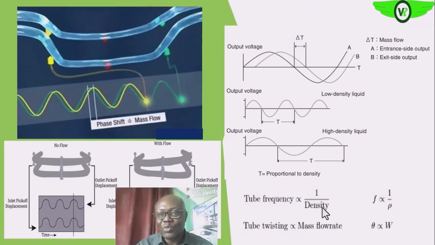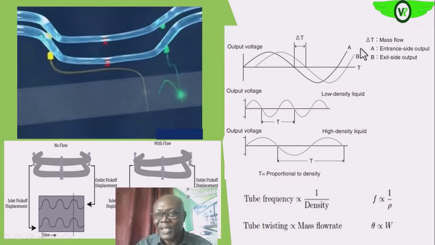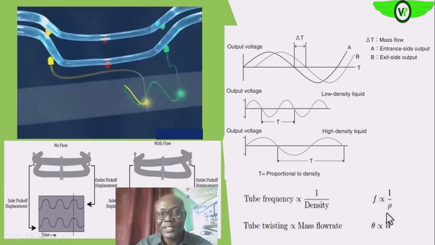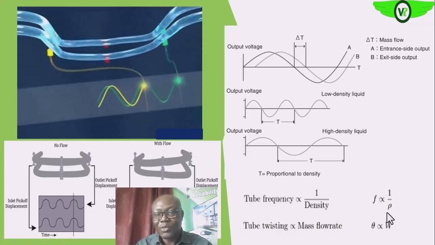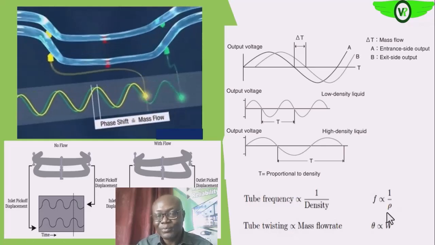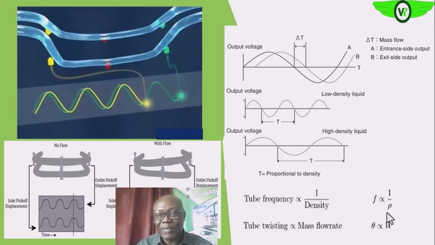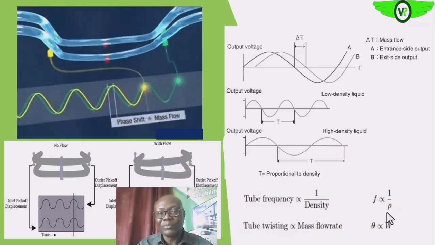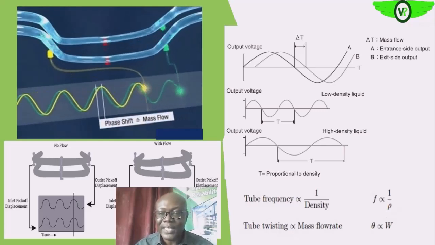So when we measure these two parameters, the phase shift and the frequency, we have the mass flow and then we have the density. And as we all know, density is mass per unit volume. Which means that we can calculate the volume from these two, that is the volumetric flow rate. So if density is equal to mass over volume, it means that volume is equal to mass over density. Which we can get from, since